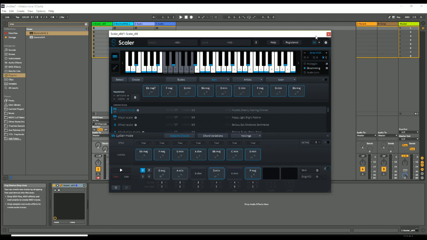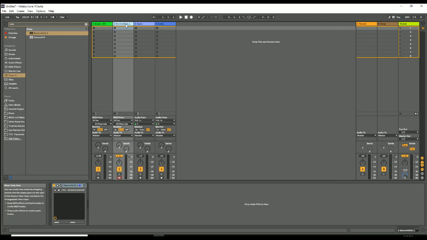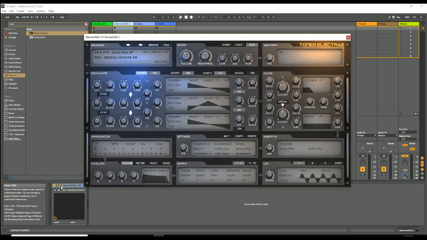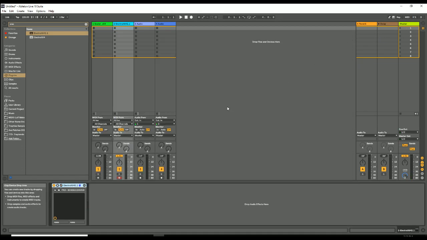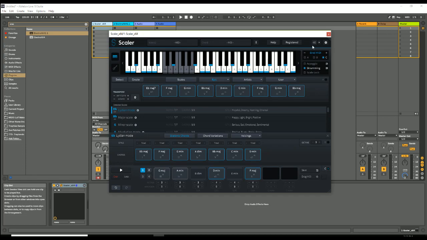Now, of course, if you're not really jiggy with the sounds that come with this, you can bind this to something else. So I have an instance of Electra right here, and I'm going to go ahead and show you this sound. So I'm going to close this out first. And then we're going to monitor in, and I'm going to select Scalar. Then I'm going to select Scalar again. Now let's go back to Scalar over here. Make sure that you have this muted, because of course